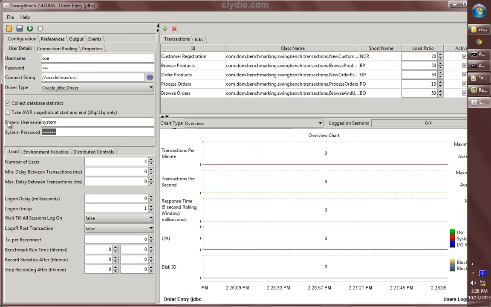Just like the first test run, just fill in the required information. You can see here that the information at the upper right corner is slightly different from the SOE test run.